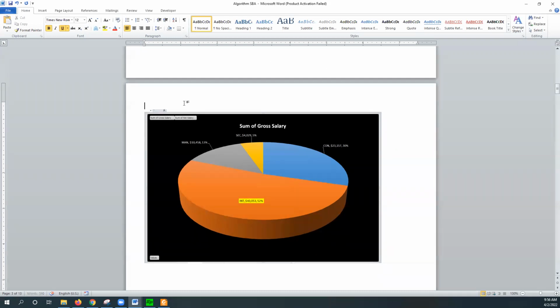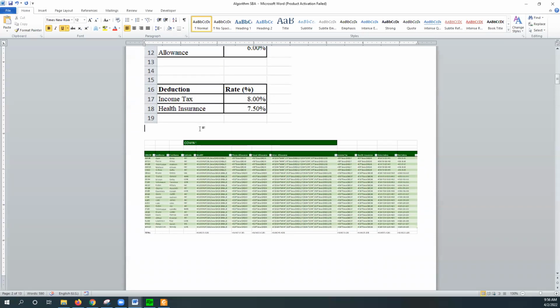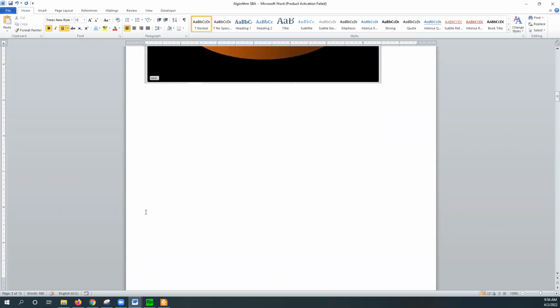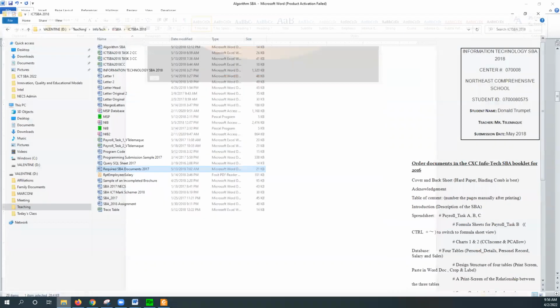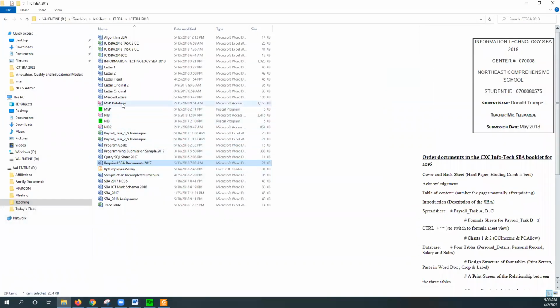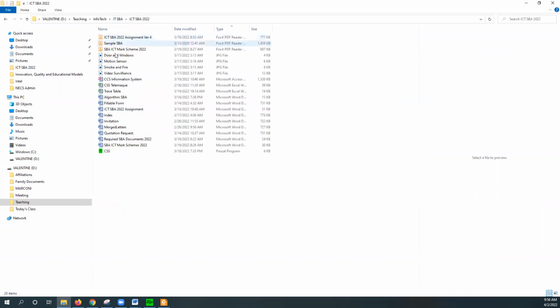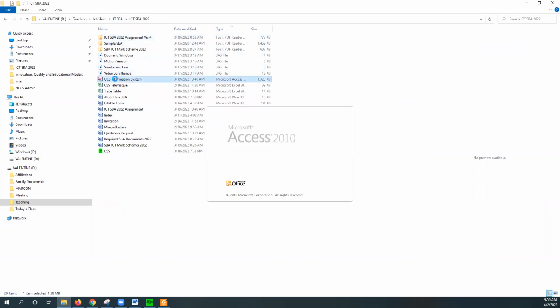And of course, all of those would have headings. You have to put headings for each one as you saw in the sample, but we're going along quickly. So the other one is the database itself. I think I have to go back to my SBA. In the database,